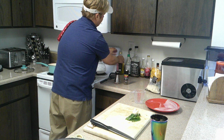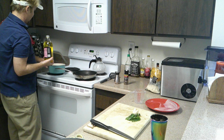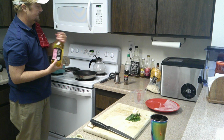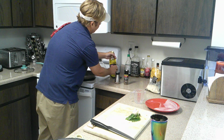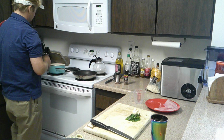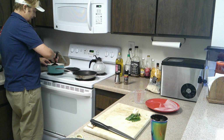If I could find it over here with my important ingredients, I take my ever-trusty olive oil and I just put a little dab in here. I came up with that on my own, but I'm a big fan of olive oil and I don't really like my stuff sticking. So now I will give this a quick stir. I'll go ahead and just use my spatula